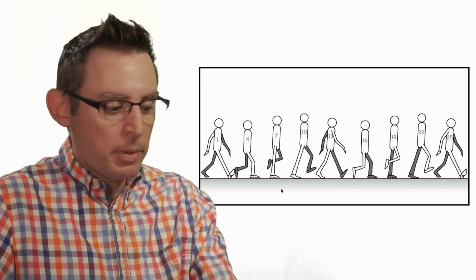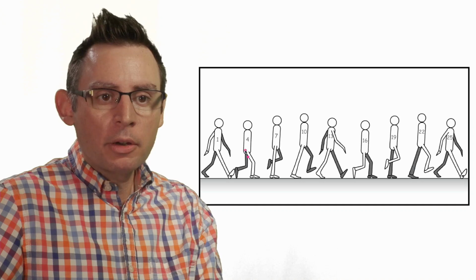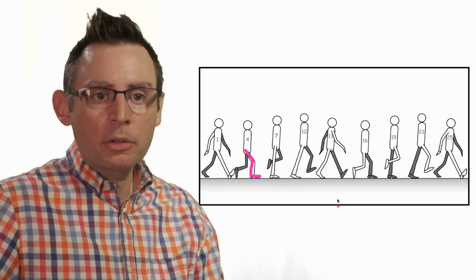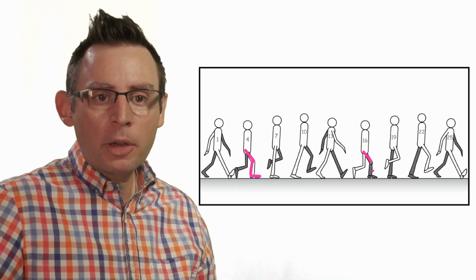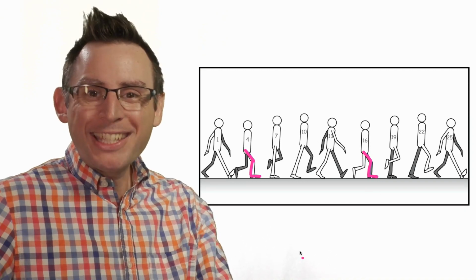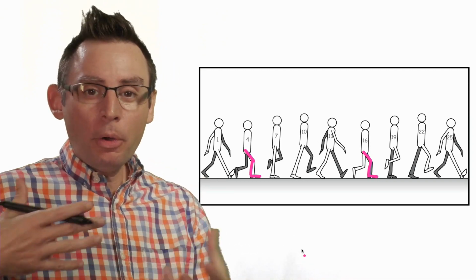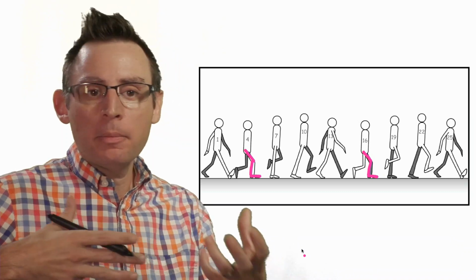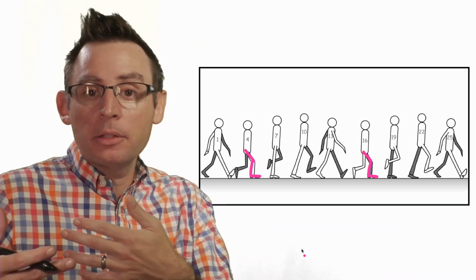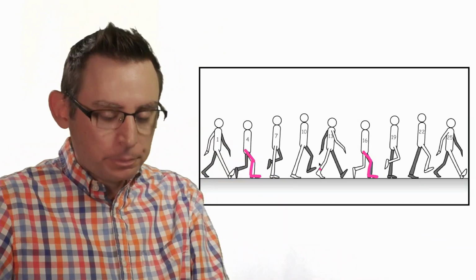Here's a great example. Check out the pose of this character on frame 4 and then again on frame 16. It's identical to each other. So the poses on the first half are the same on the second half. Just the colors of the legs are different because we've taken a step in there.